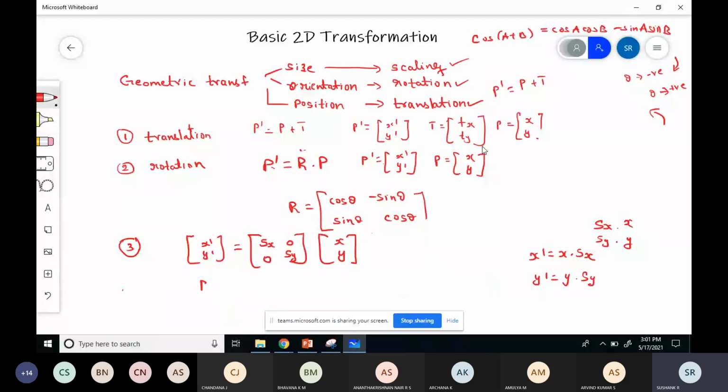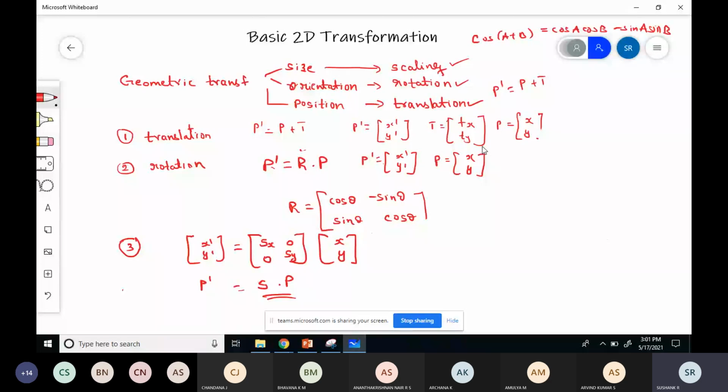So if I call this P dash, and this S, and this a point, then this is the scaling equation which I will get. These are the three basic geometric operations in 2D transformation: rotation, scaling, and translation. For scaling, if you give a positive value, it will increase the size of